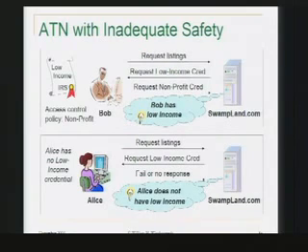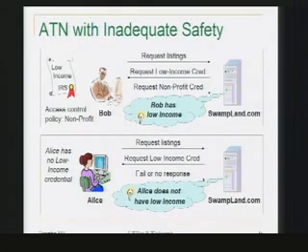Here, Bob has a credential he received from the Internal Revenue Service that says he's got low income. Maybe he can use it online to get pro bono legal assistance or things of that nature. But he considers it to be sensitive, so he establishes an access control policy for this credential that says he'll only share it with not-for-profits. He goes to a real estate agent, swampland.com, and requests some property listings,